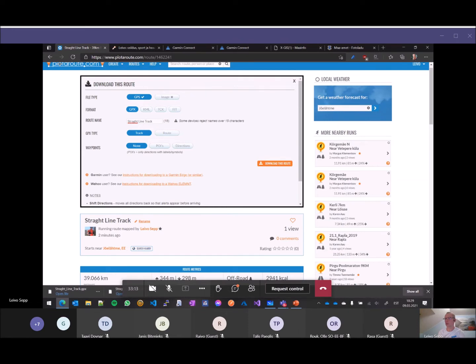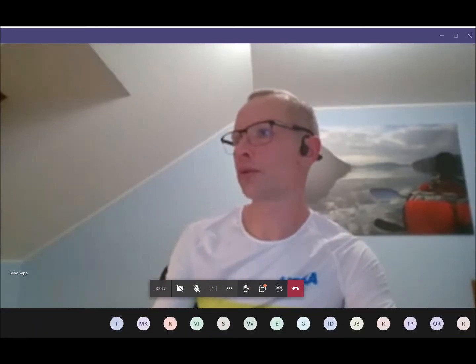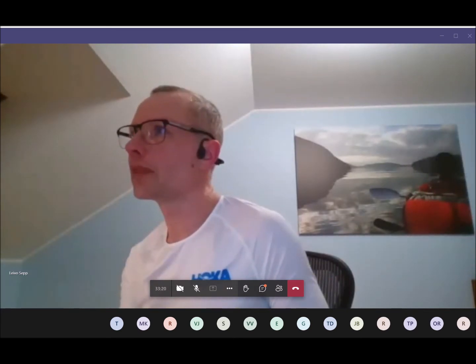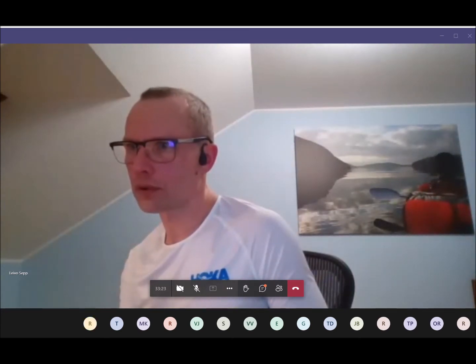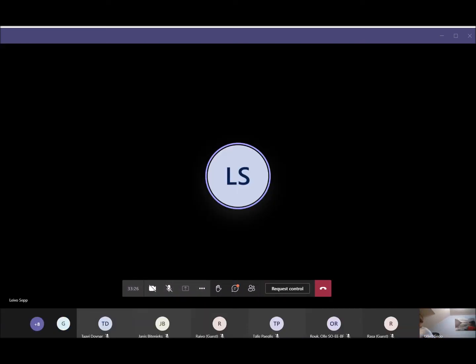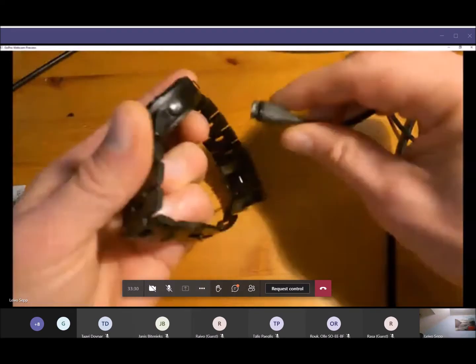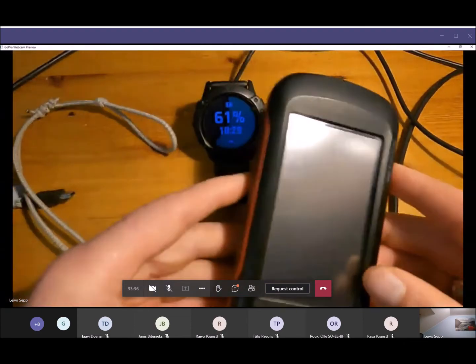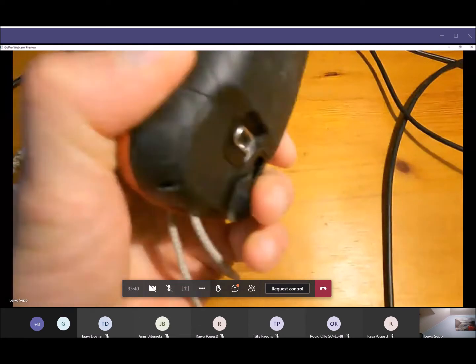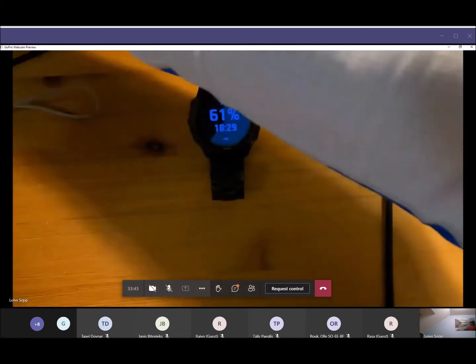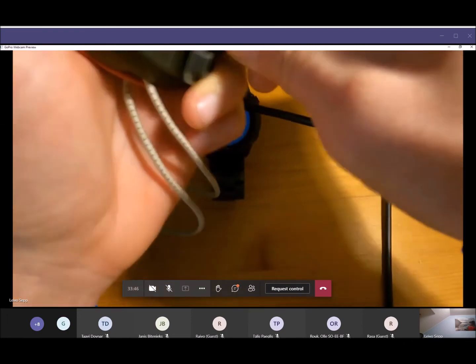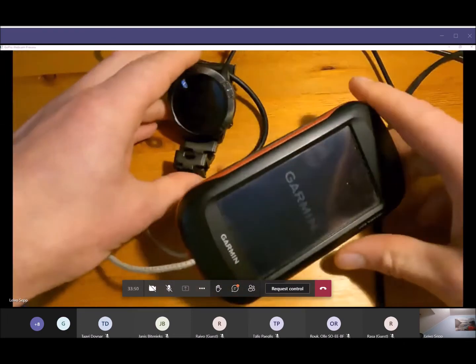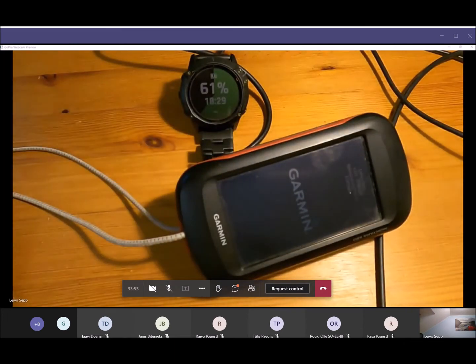And now I will show you how I put them into my watch, or I have this also this big GPS device. Those are the devices, and